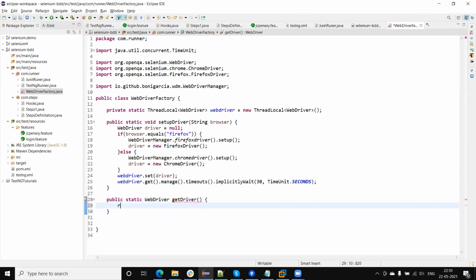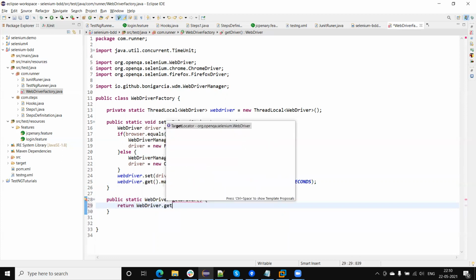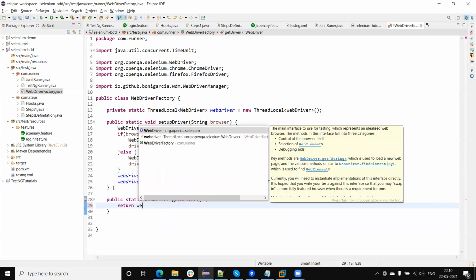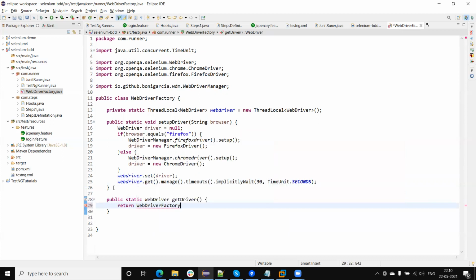This will return WebDriver factory dot get driver. So this I need to return, and this will return the WebDriver object.